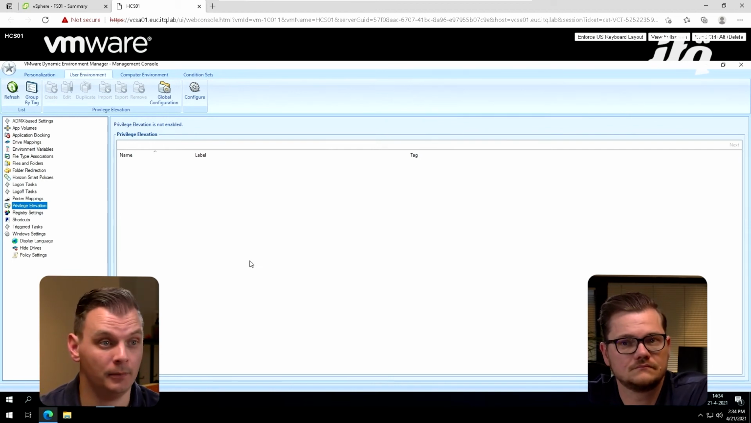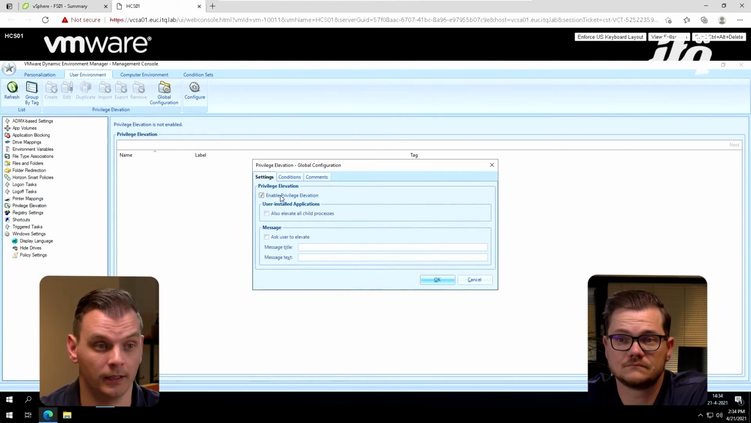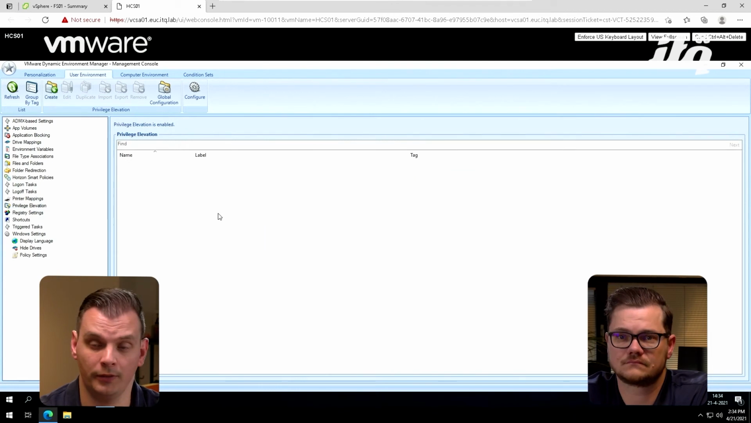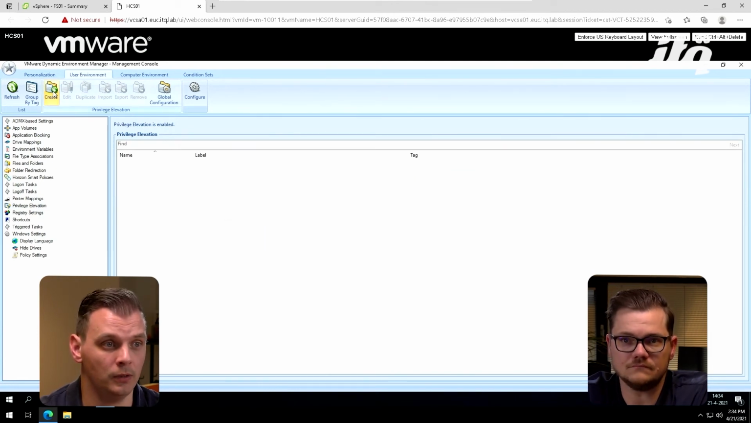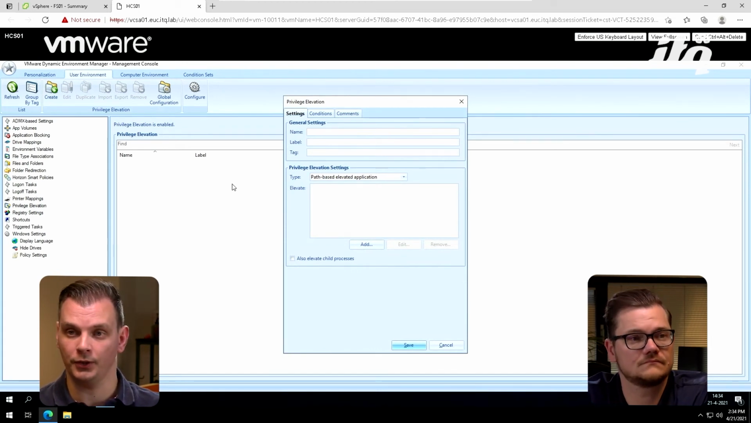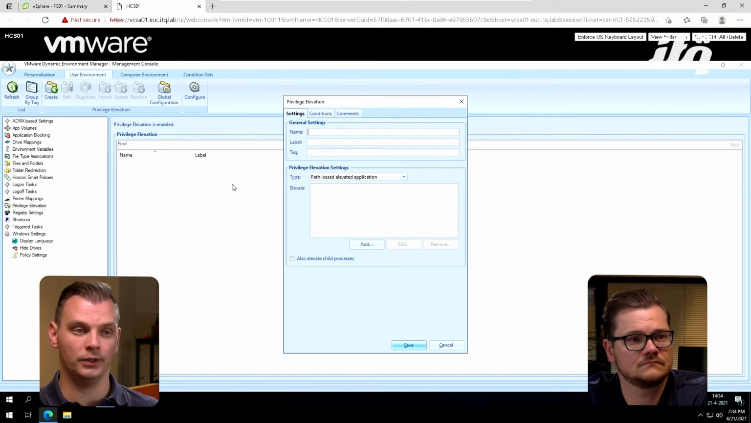So let's enable privilege elevation. We click the Enable button. We also want to enable that all child processes run from that location, and we click OK. So privilege elevation is now enabled. What we do now is we create a repository on the file share where users are able to copy the installers they've downloaded themselves to the network, and they are only allowed to run setups with elevated privileges